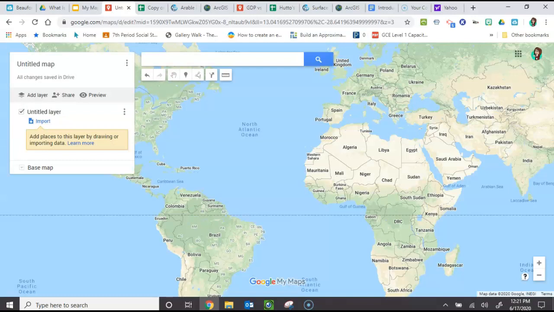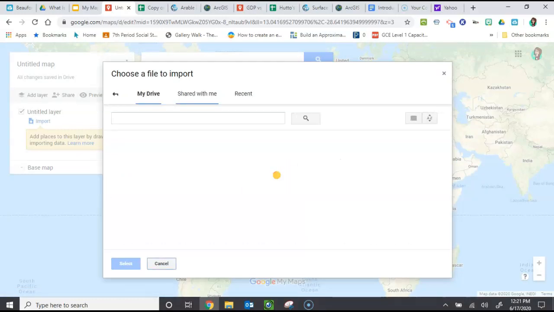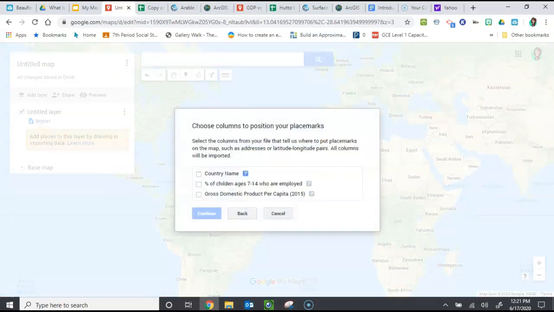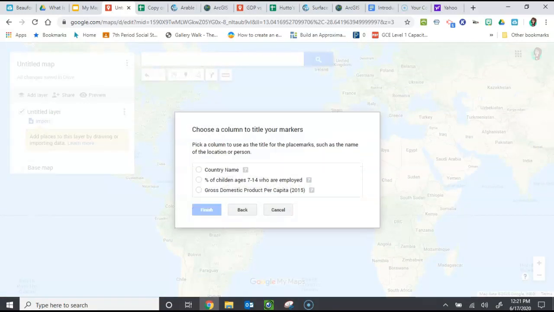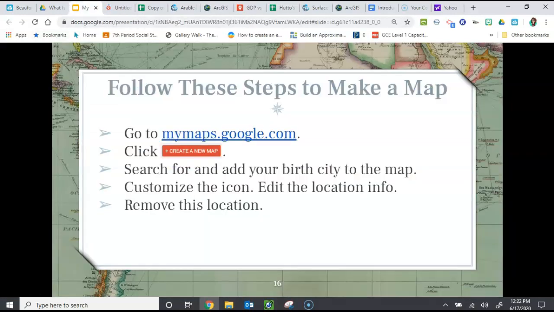Well, you've got an untitled layer. So I'm going to import that Google Sheet we were just looking at. I'm going to go to Google Drive. I'm going to go to Recent, and it's right there. So I want to do the column where we're putting our place marks is country name. And then let's look at the percentage of children who are employed. And I'm going to hit finish. While that's loading,